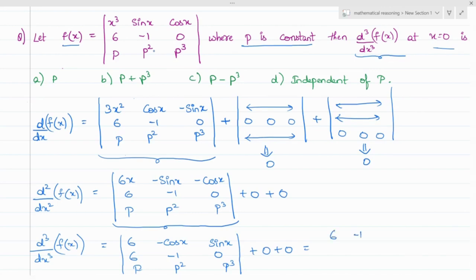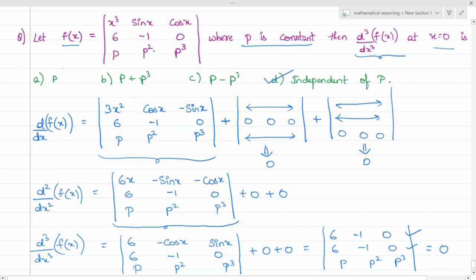So cos 0 is 1, but already minus is present, so it is minus 1, sin 0 is 0, and the second and third rows remain as they are because they don't have any x variable. So again a determinant property should be used. If any two rows or any two columns are the same, then the determinant is going to be 0. Here the first and second row elements are the same, so the final answer is going to be 0, and according to the options, D is correct because it is independent of